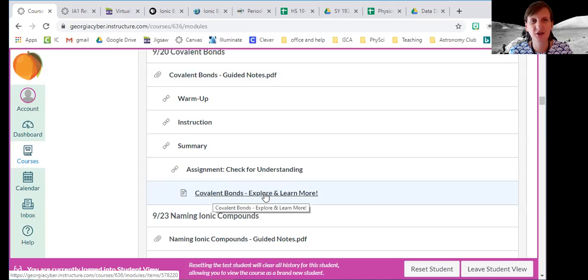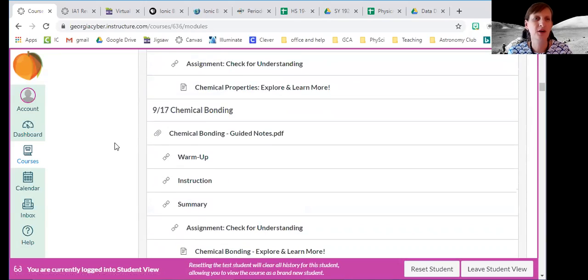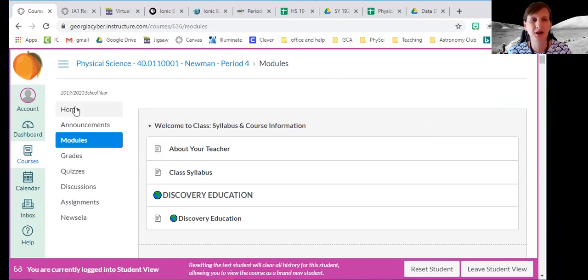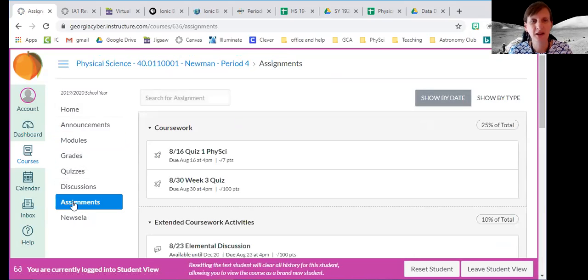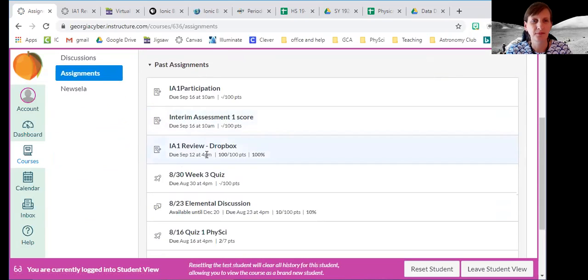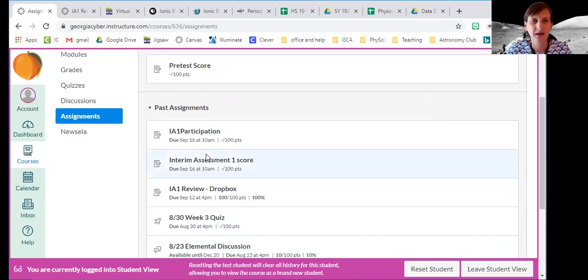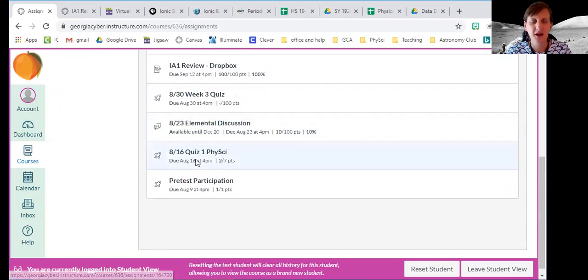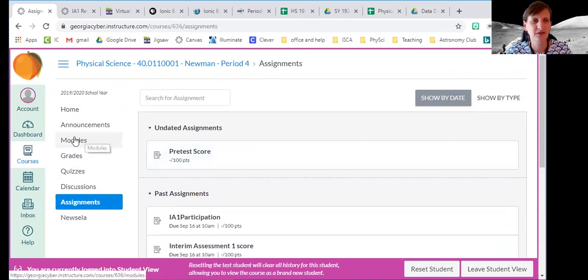If you're good with Canvas and you know how to find everything, then you can probably stop watching, but I'm going to scroll back up here and just point a couple more things out that are super important. I have this question all the time. Well, how do I know what assignments I am missing? And so there's this assignment button down here. So I click on assignment, and I'm logged in as a generic student. So you can see all the past assignments and their due dates,